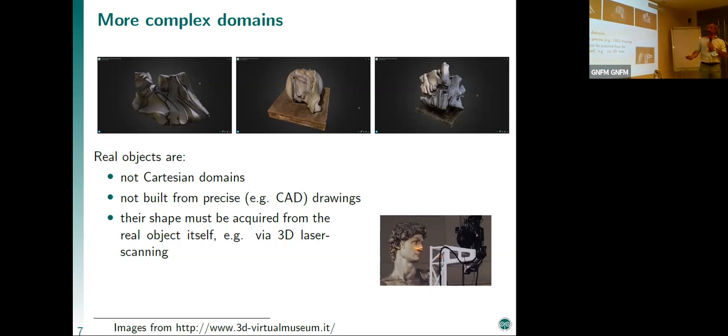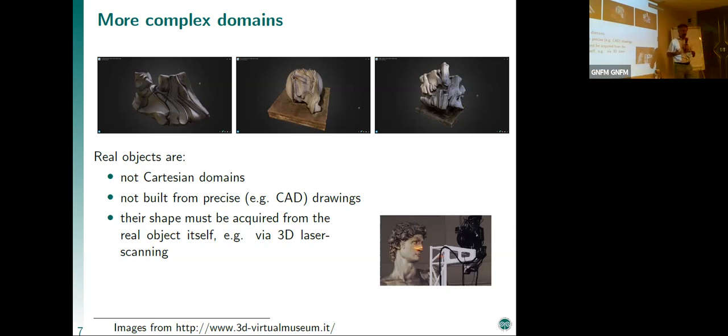Not only are these objects very complex in their geometric shape, even worse, we don't know a priori their size and geometric measures. Numerical analysis has helped a lot in performing simulations on complex objects. So if you're designing a car, and the gears forming the engine of the car,